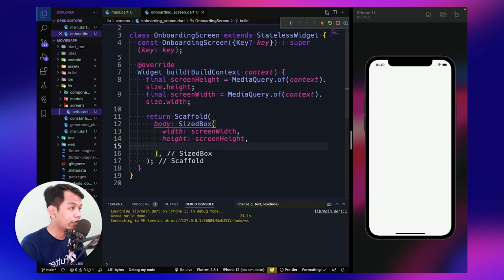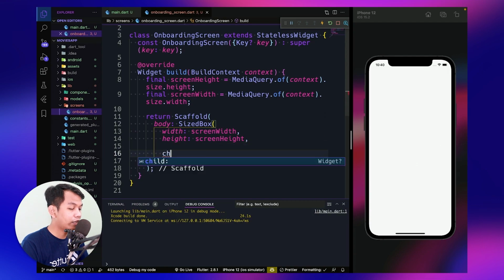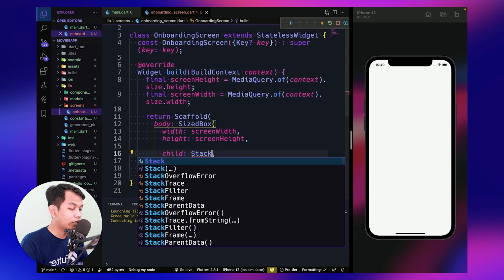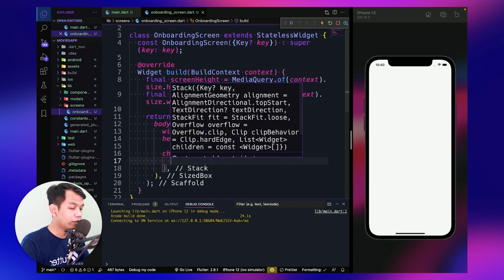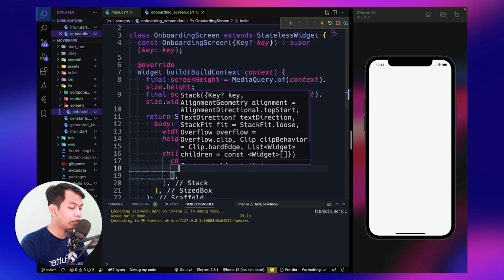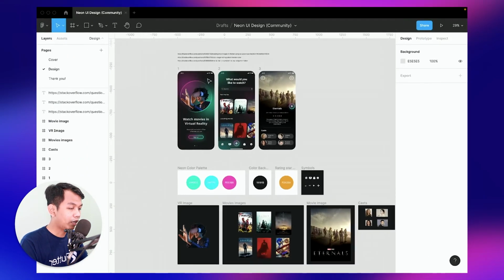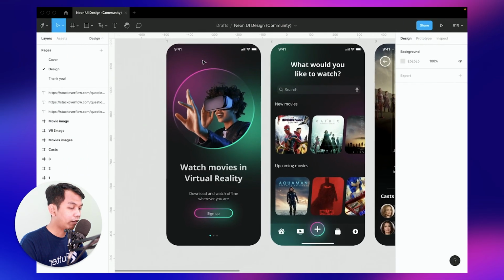Okay, look like this. And inside the size box, we need to use a stack widget, because we need to place one widget from the back to the front. Because the stack widget has a parameter which is children, this is useful. Let's see in the Figma file.